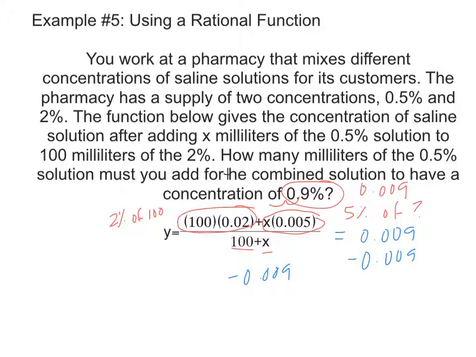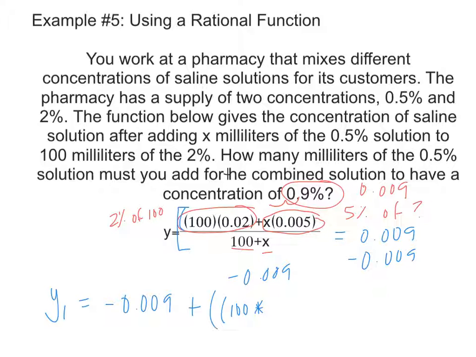And so what you will type into the calculator, and you've got to be very careful, y1 is going to be negative 0.009 plus, and then you have a lot of parentheses. So here we go. The first set of parentheses is for the entire one. It's almost like making the bracket, right? And then the second set of parentheses is actually your numerator. So you can say 100 times,